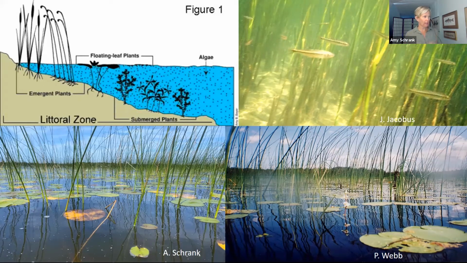And so when you add these floating leaf plants to these stems of these emergents in the underwater environment, fish are really protected from fish predators, but also bird predators. So it's really this diversity of plant forms in the nearshore environment that's important for fish communities.